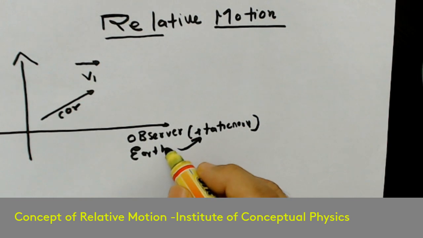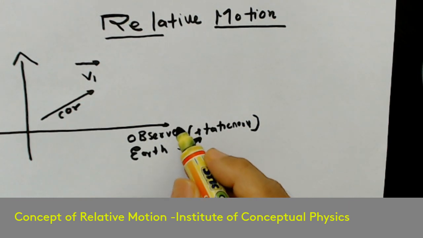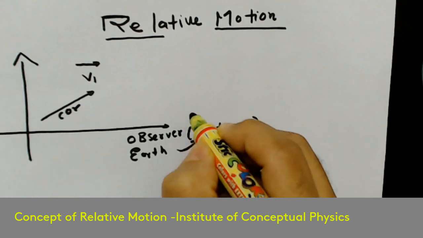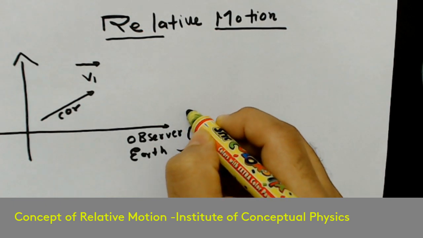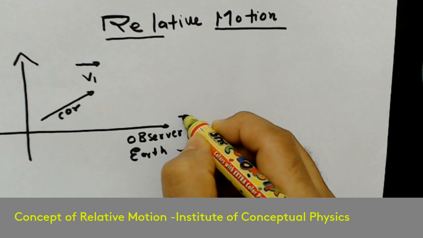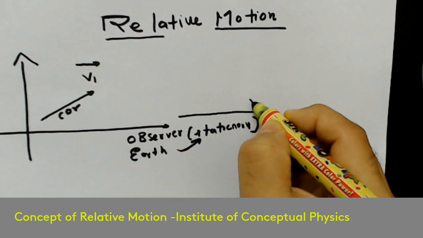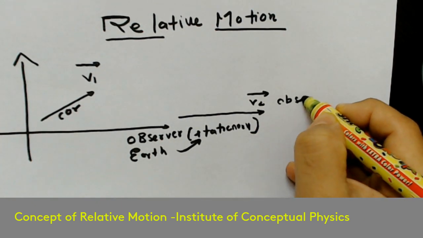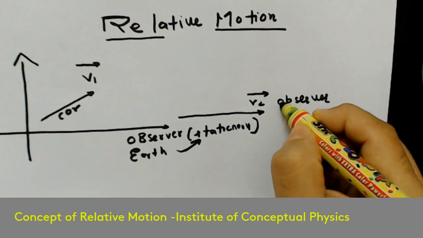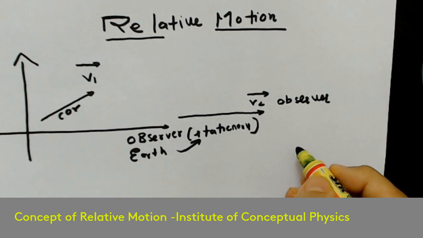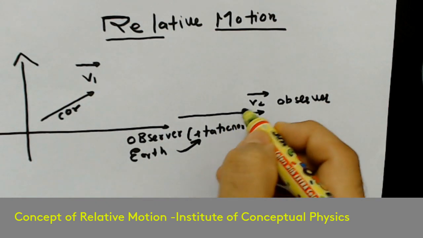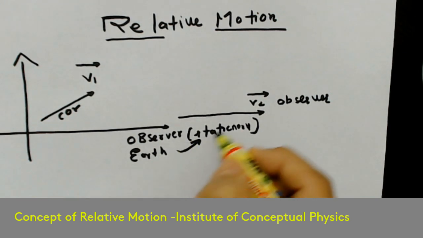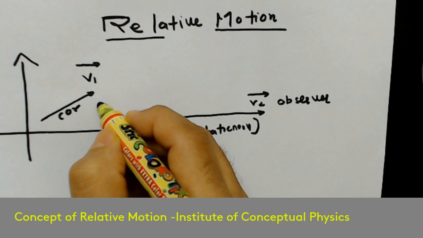Now this observer, himself, starts moving with a velocity, maybe in some direction. You can assume a simple direction, that this observer starts moving along the x-axis with a velocity v2, right? So, which means now the observer also has a velocity. Now, when you have the observer also moving, the observer is still observing the car. But now, the way the observer will look at the car,